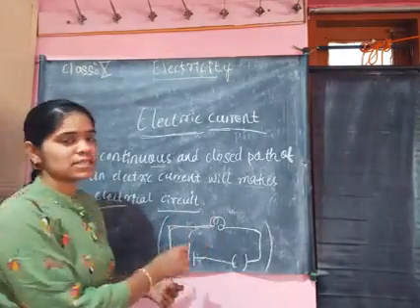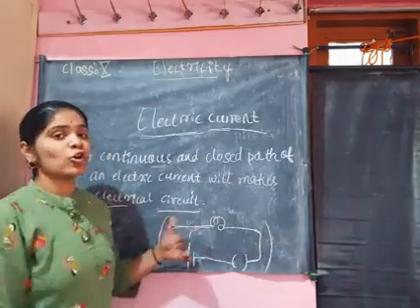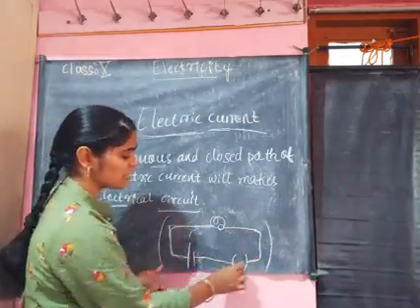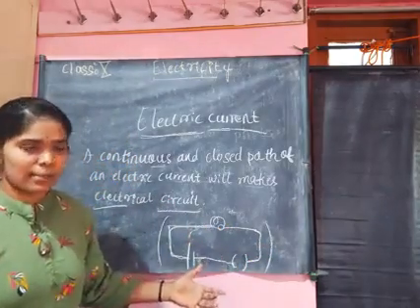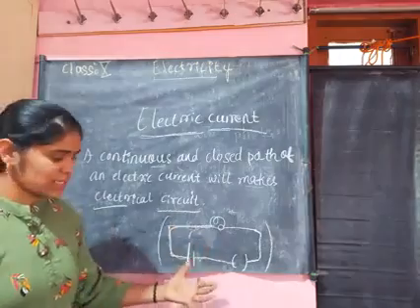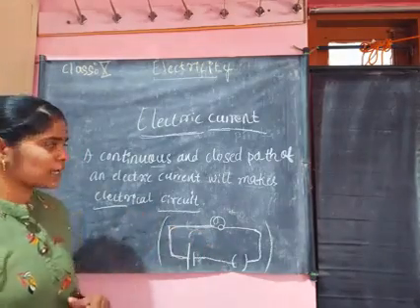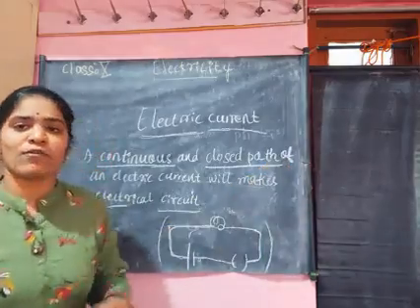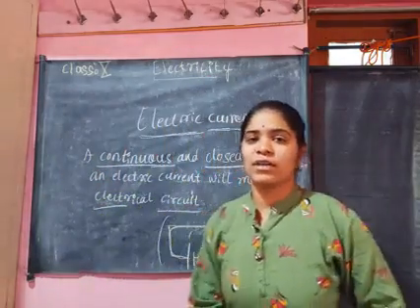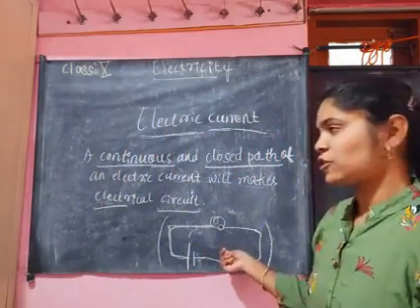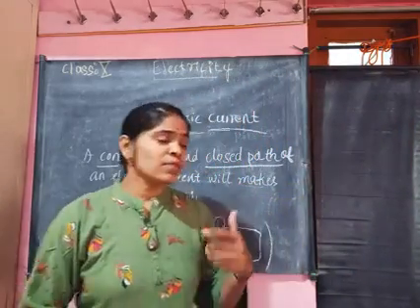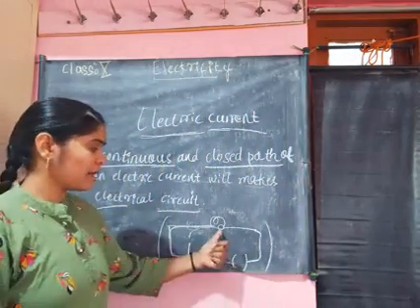So here this is a complete and closed path, and here there is a continuation in between all these materials. So this is what we call an electrical circuit. A continuous and closed path of an electric current, that we refer to as an electrical circuit. So in this electrical circuit we are going to use the cell, then the bulb, and then the